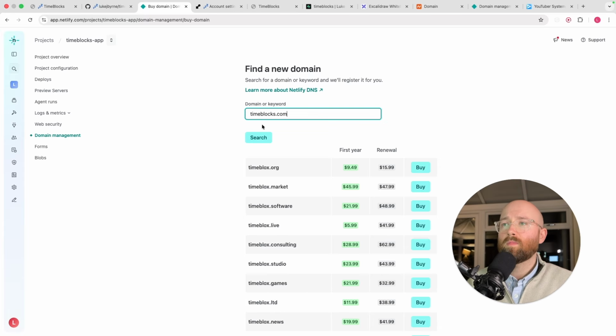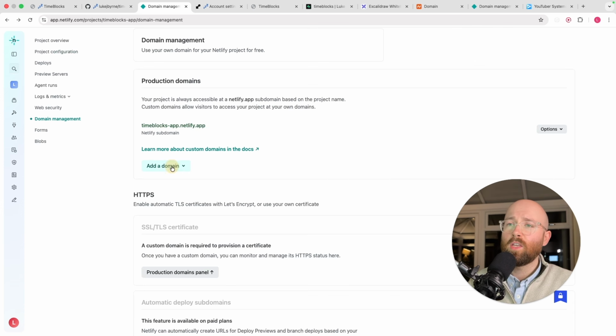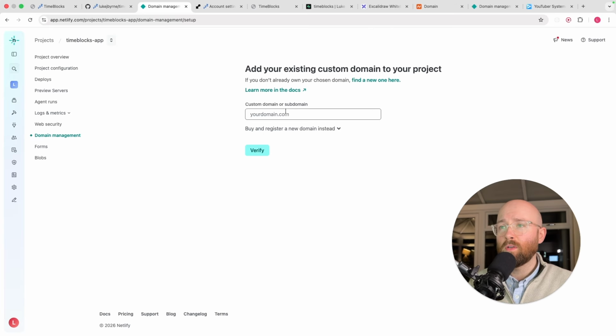timeblocks.com. Search. Not available, but you can see we can pick any of these ones. Click buy, and then it will sort you out on here, right? But instead, you can also, and this is what I recommend, it's slightly more technical, but I'll show you exactly how to do it. As you just go, add a domain you already own, and then you put in your domain here. And the domain, you're going to go and buy it from